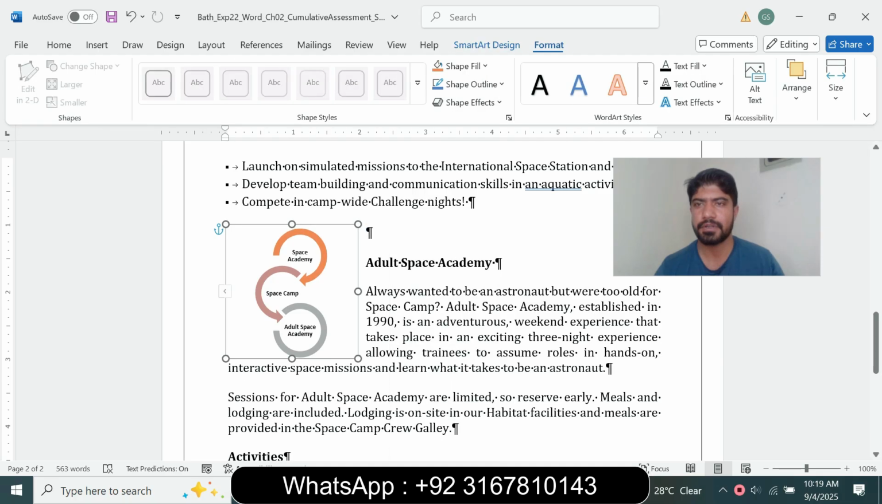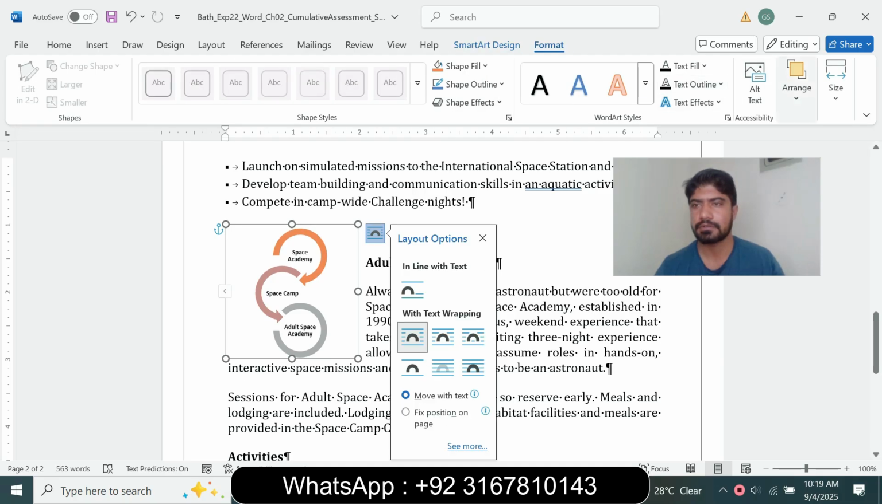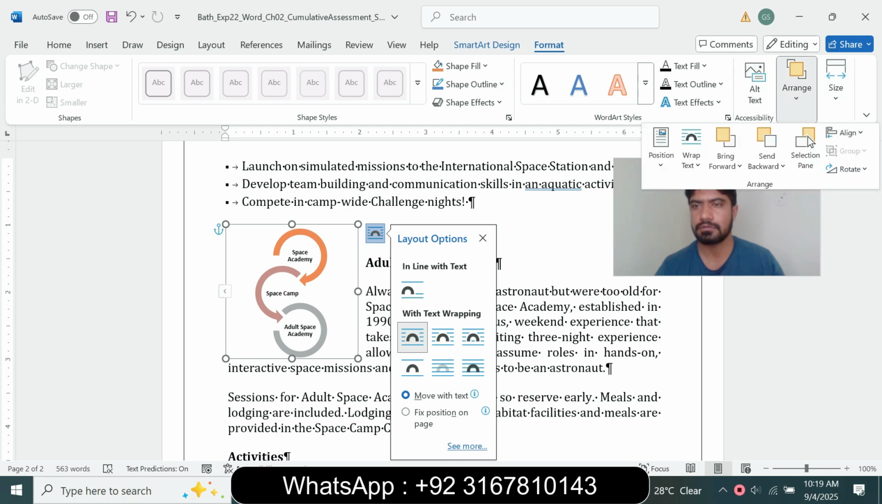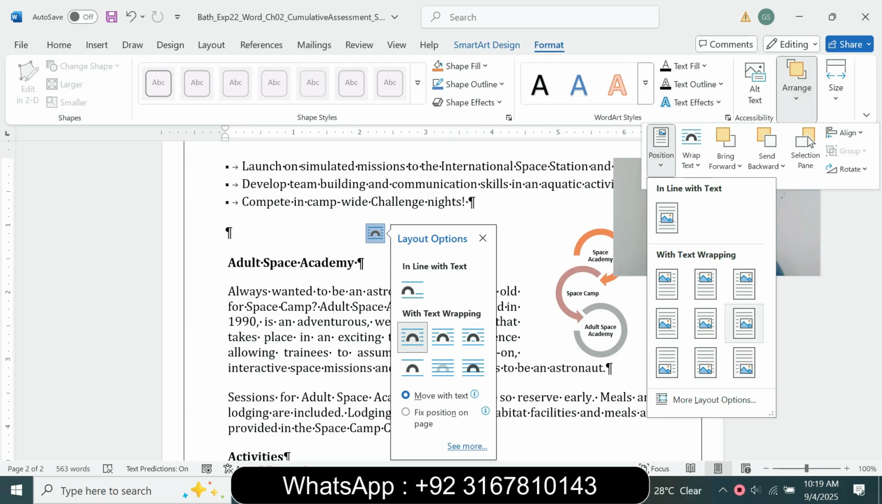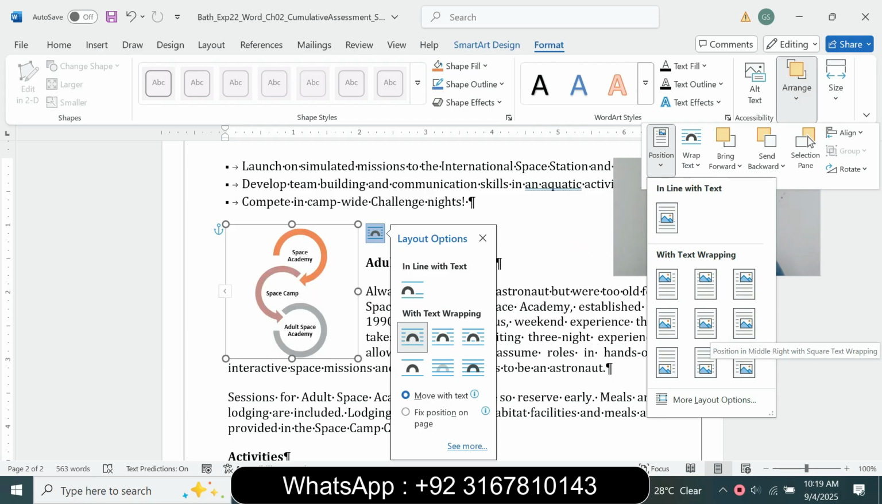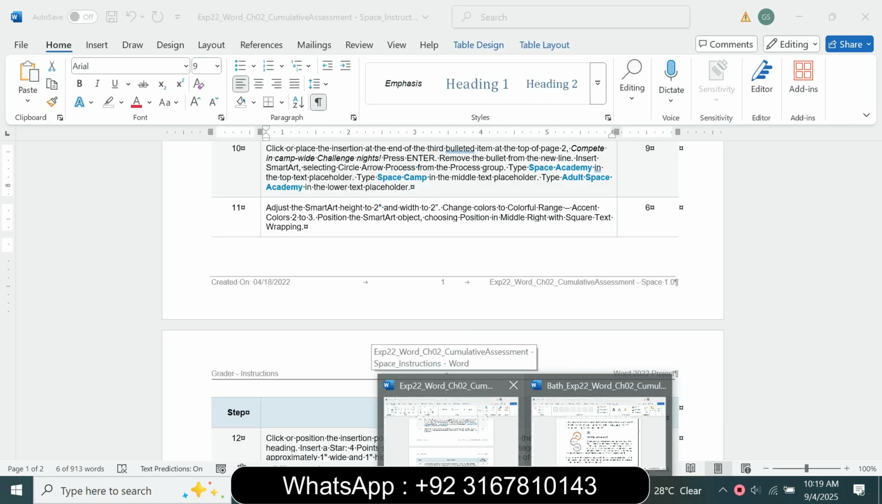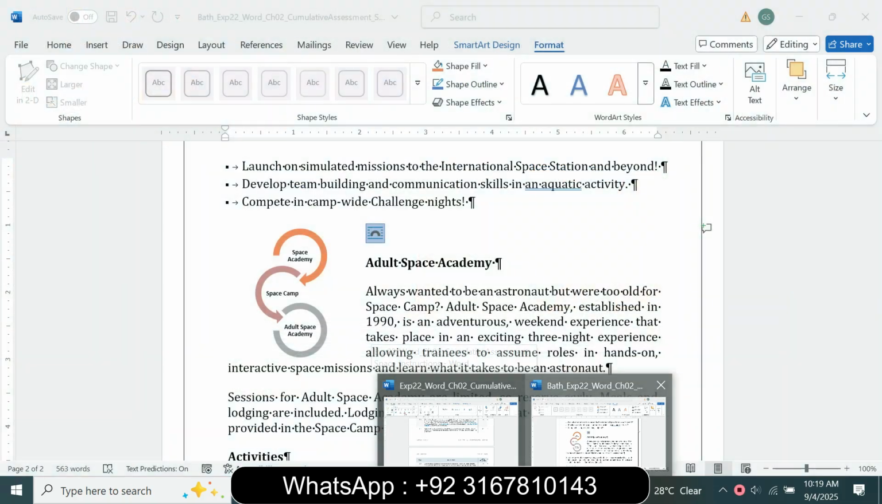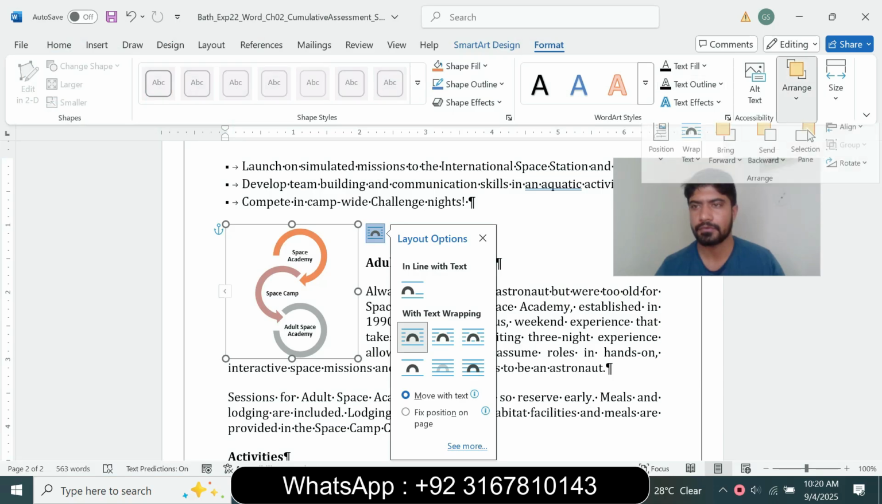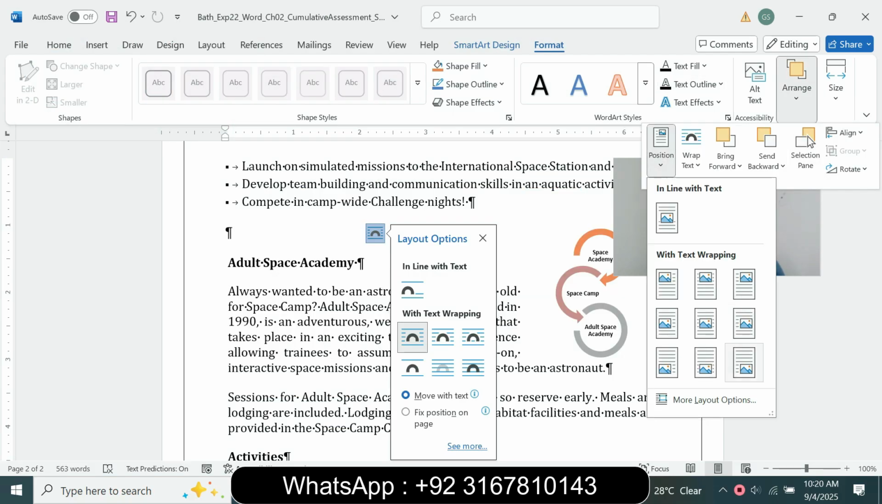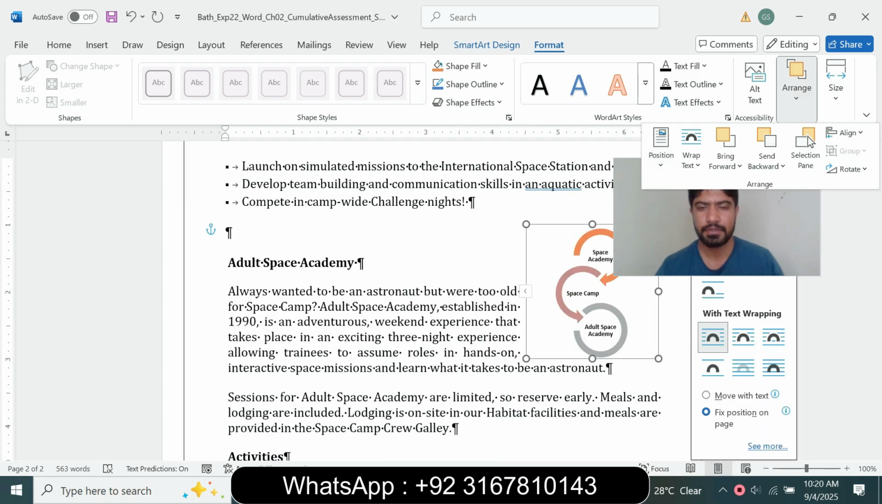So go to the Format tab and click the Arrange group, in the Position option choose the middle position, Middle Right with Square Text Wrapping. The square text wrapping. Middle position right with the square text wrapping. And next is